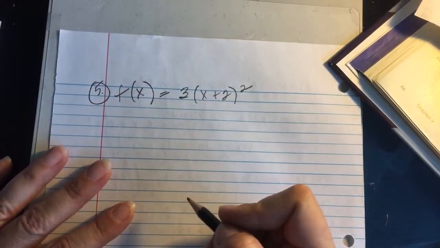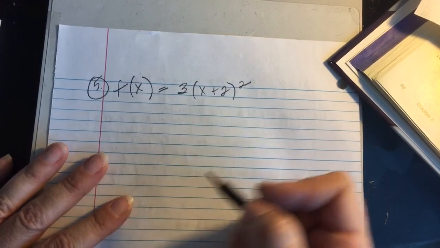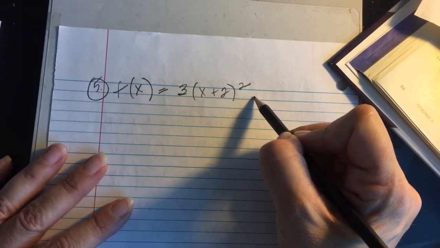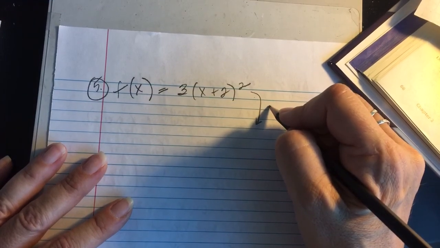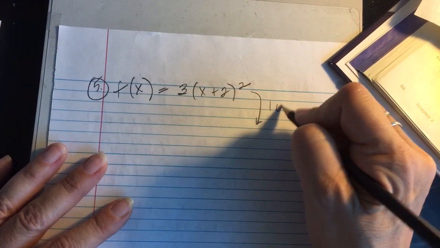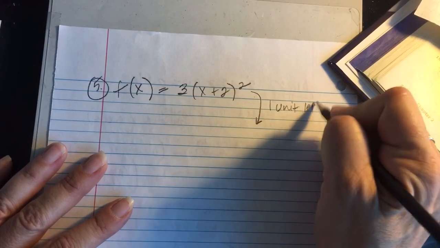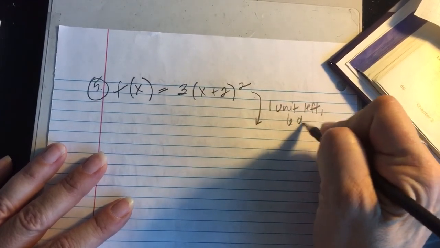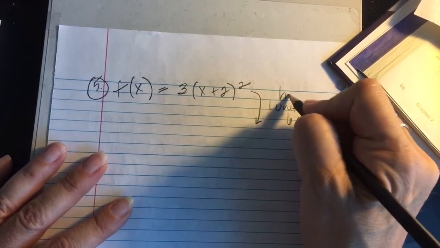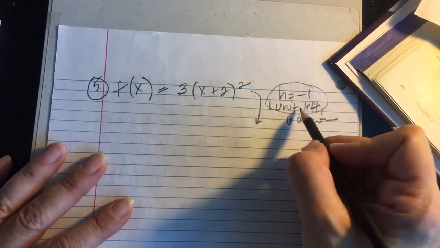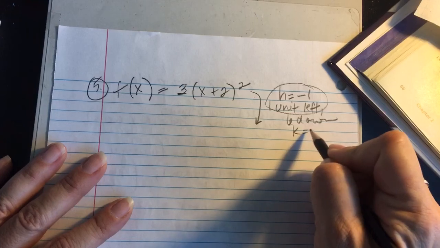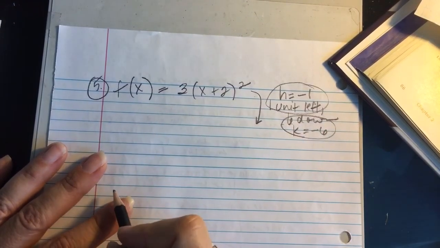entire quantity is squared. Now the first transformation that we read about is, I'm actually going to deal with two things right now. They're translations. I have to go 1 unit left, and then I have to go 6 down. So I know then that I have an h value that is -1 to go with the negative k, or the 1 unit left, and I have a k value of -6 that I have to take the function 6